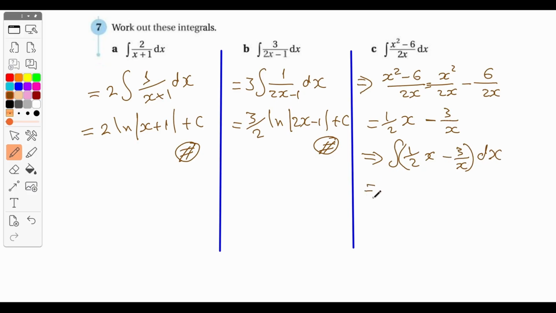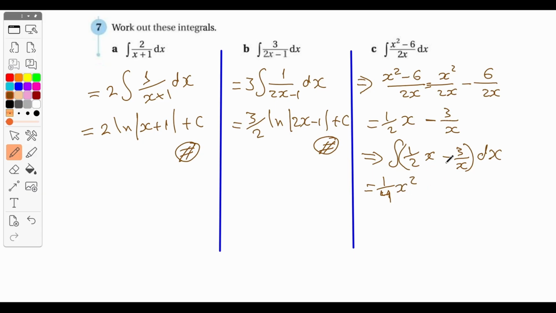Now we can integrate one by one. The integral of half x, using the integration you have studied in grade 11: just add 1 to the index, then divide by the new index. The index here is 1; if you add 1, it will be x squared. Then divide by 2: half divided by 2 will be a quarter. So it will be a quarter x squared,